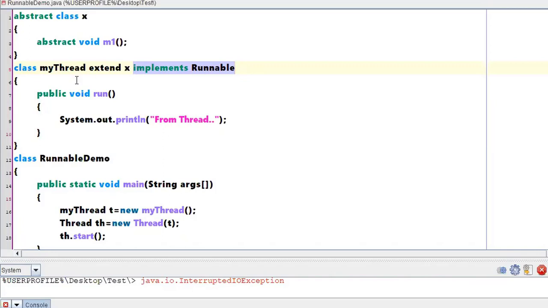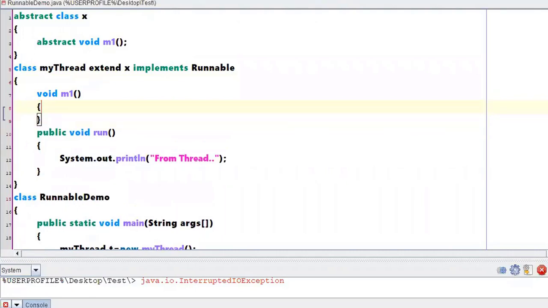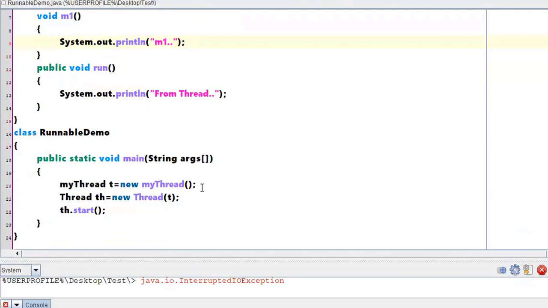So within this particular scope, you can give the definition for this particular m1 method. Clear? So by using this particular t, you can call m1 directly.